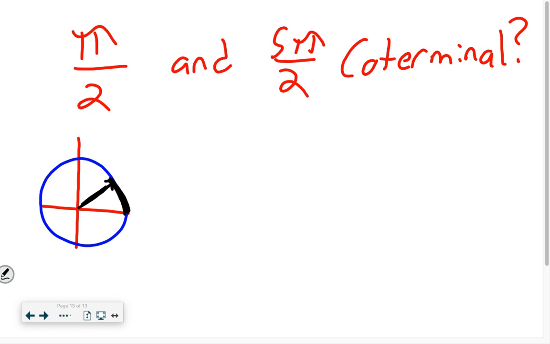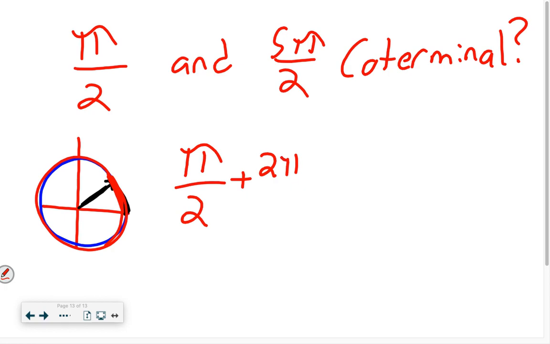If you make a full revolution around, that would also be the same angle. However, you add a whole revolution of radians, which is 2 pi, right? So we could add 2 pi to pi over 2